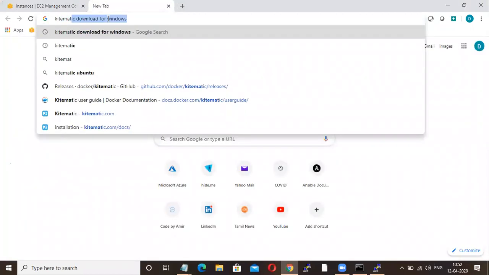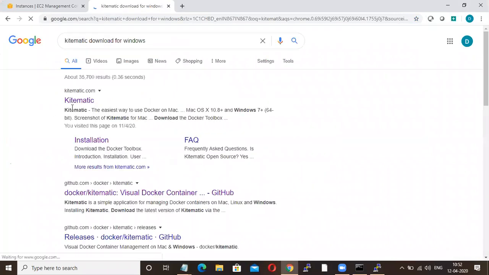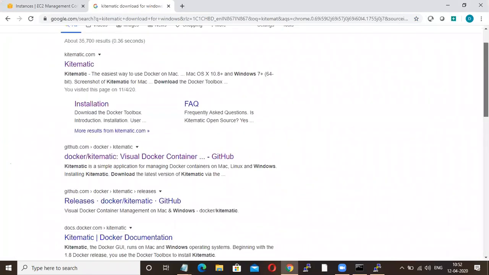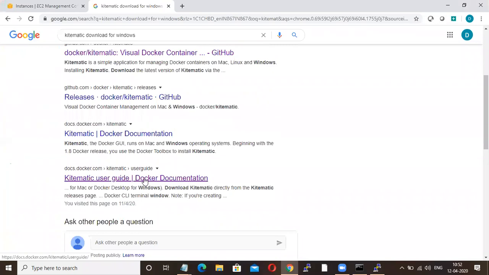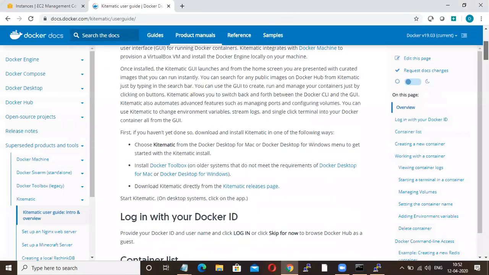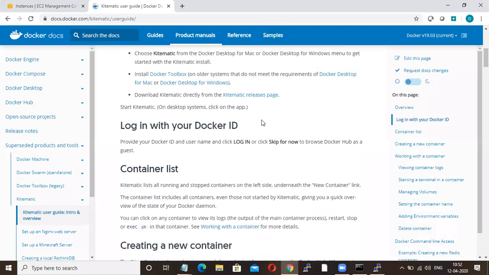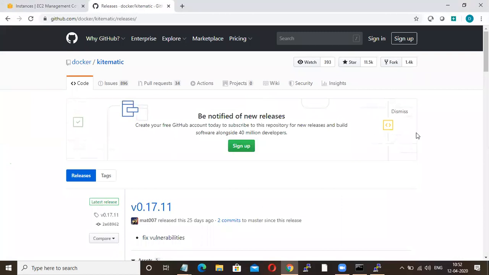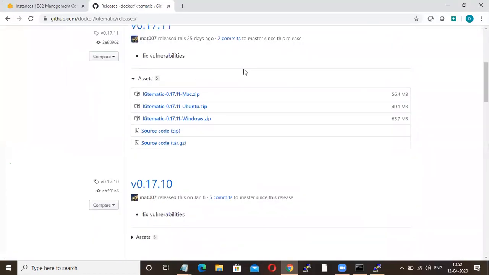See here, just go to Google, search for Kitematic downloads. In this website, if you go to this page, based upon your OS, whether it is Mac or Ubuntu or Windows machine, just install it.